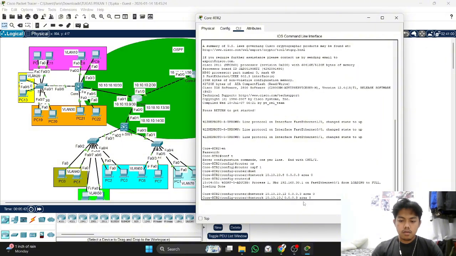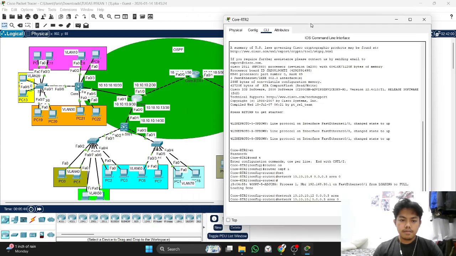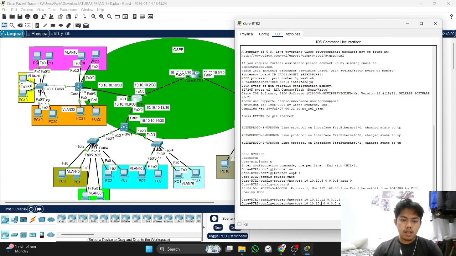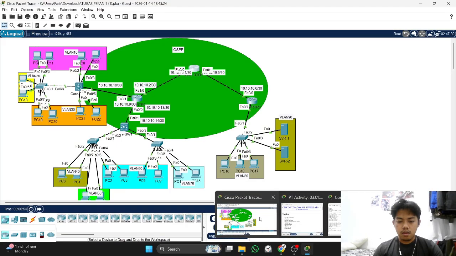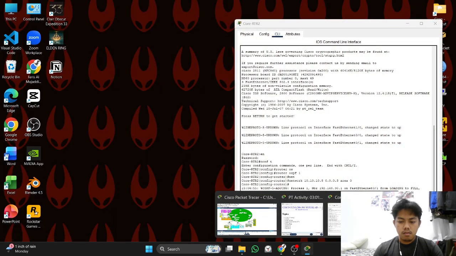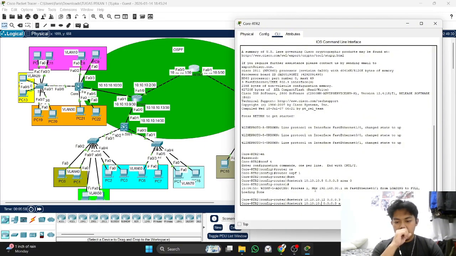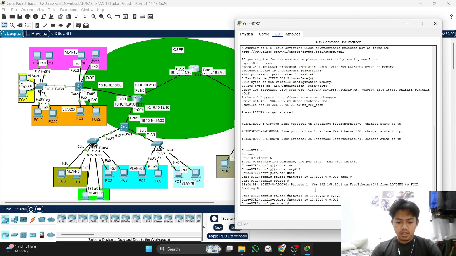And then look at this. This is 1 and this IP address is 1 and this is 2. So the network is 0. Okay, we are done.